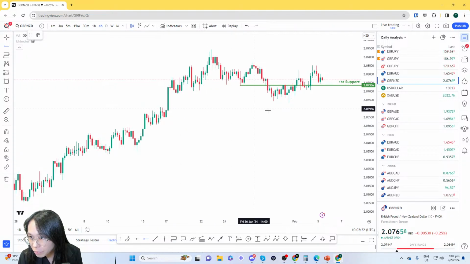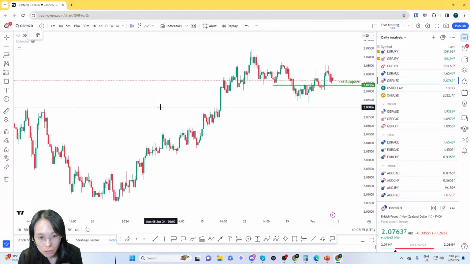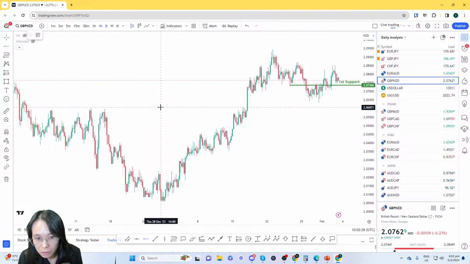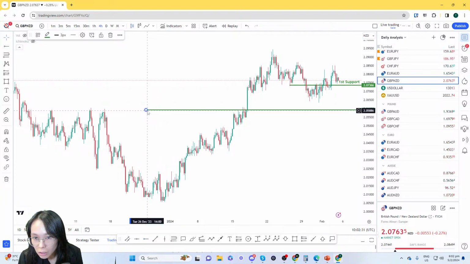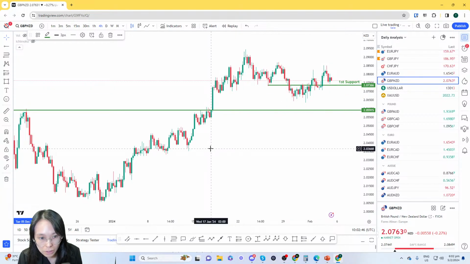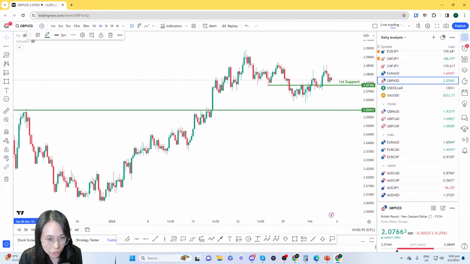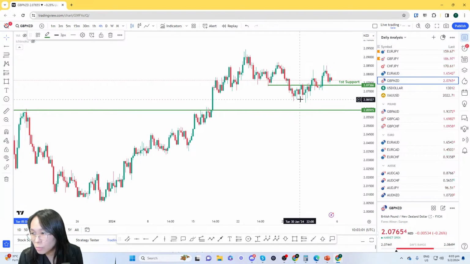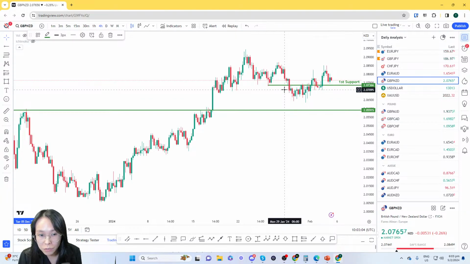And next one. If I use this level, 2.06, it will be too close to the price. Hello, Joey, yeah, sure. We still have time for Aussie dollar later. I have a request for Nasdaq, and I also have some time for Aussie dollar. So after this, we'll be doing Nasdaq, so we'll be looking at US 500.